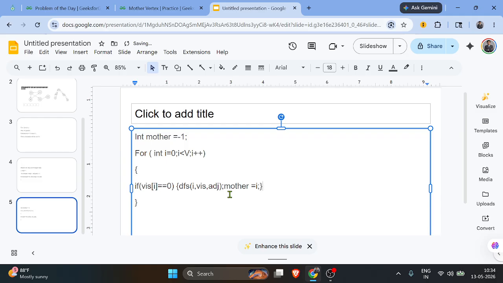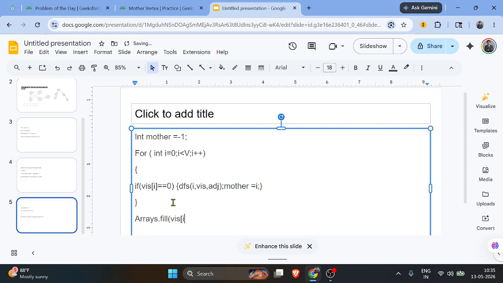Why I will explain the test case. Okay, till then a little bit of patience is required. So then I will do visited[i] equal to 0. Then DFS for i, and the mother vertex will simply be i. After that, it will be continued after all the iterations. Like, once all the iterations are completed, I will simply make the